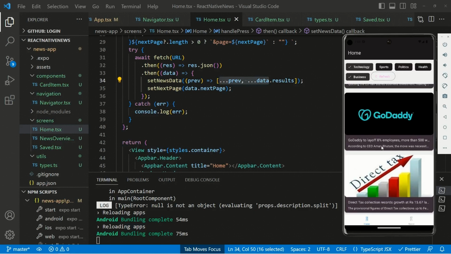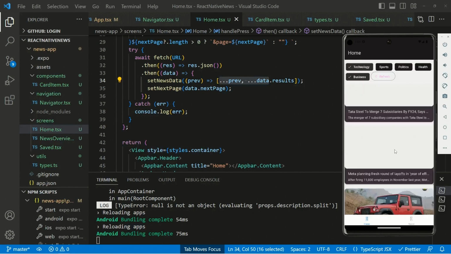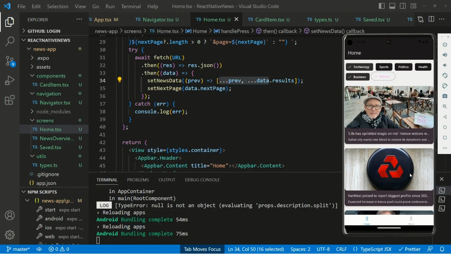So now the home screen is completed and we need to create two more screens. The first will be the overview screen of the news. Once we click on any news inside that, we need to show all of the details of that news. So that will be the thing. And after that, the second thing we need to do is create a modification inside the